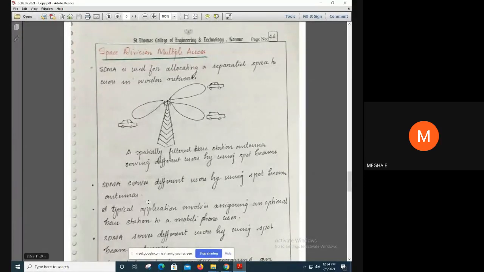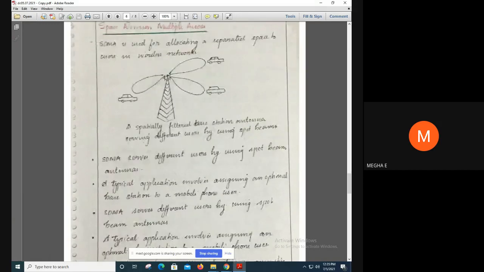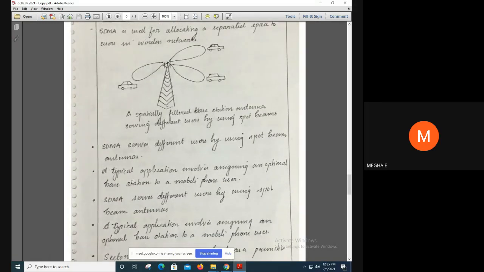The spot beam antennas are directional antennas, and in SDMA we use multiple directional antennas instead of a single isotropic antenna. A typical application involves assigning an optimal base station to a mobile phone user.